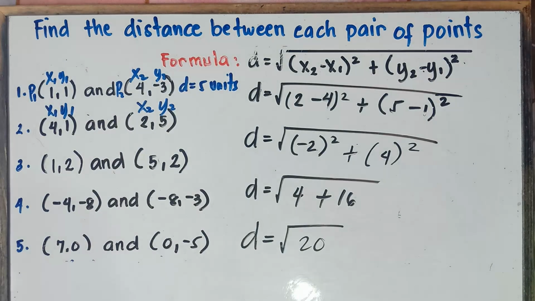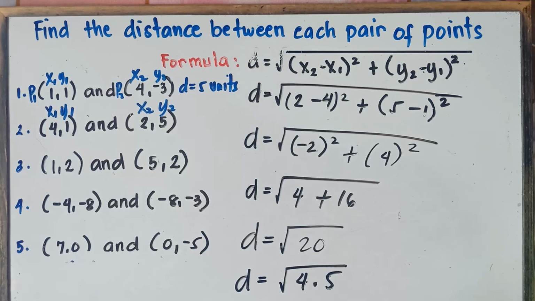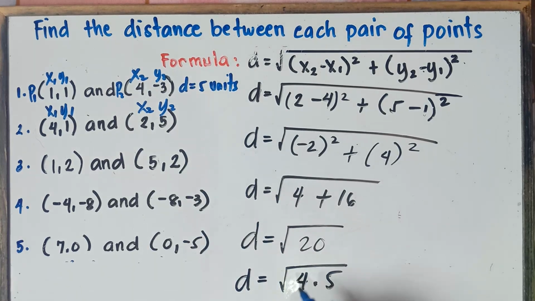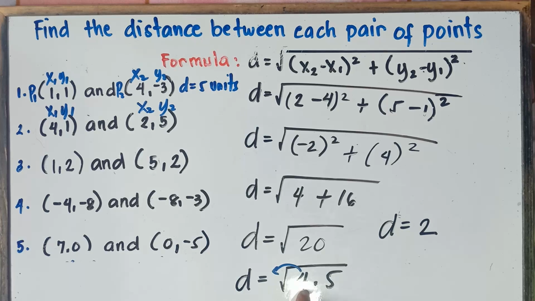Okay, so therefore, this one right here, square root of 20, we can write this one as square root of 4 times 5. And 4 times 5, that would be 20. The square root of 4, that would be 2. Simply put it outside the radical symbol. So this is equal to copy 2. Square root of 4 is 2. Put it outside. And then simply copy square root of 5. We don't have square root of 5.